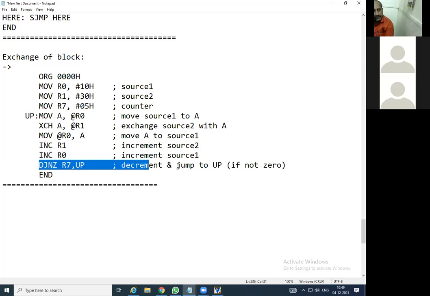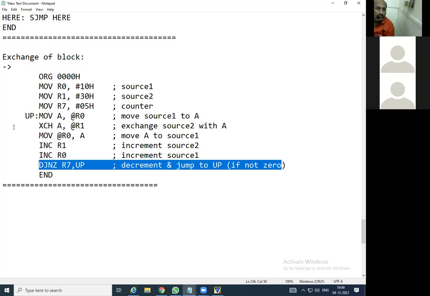And for the counter, that is DJNZ, that is decrement and jump to up. So where is that up? Here. Only if it is not 0, then it is going to jump. So this loop is going to repeat till R7 becomes 0.